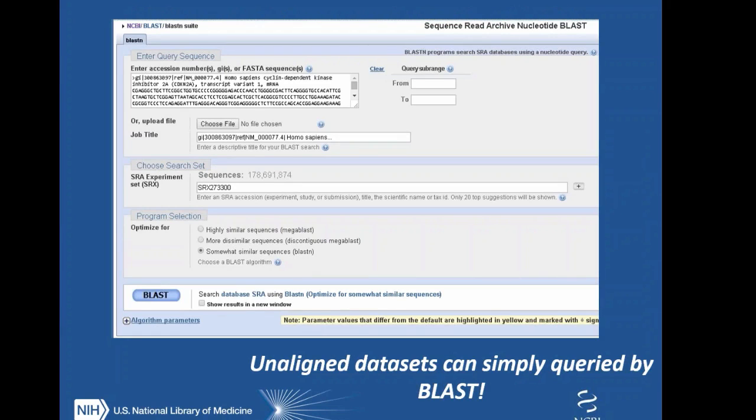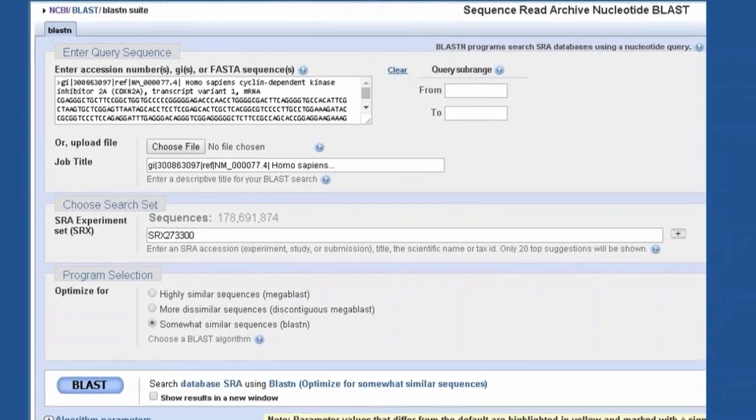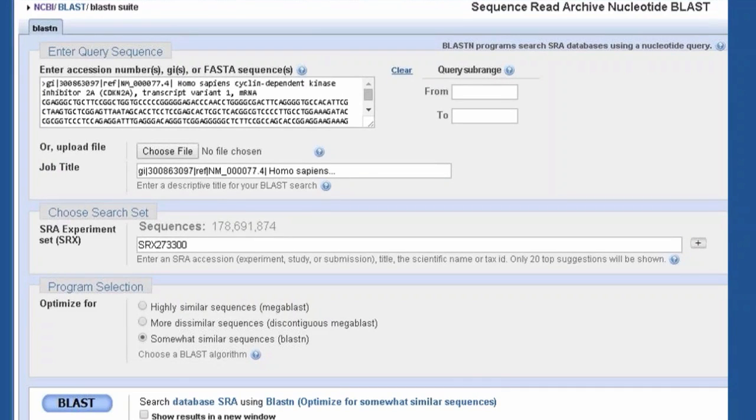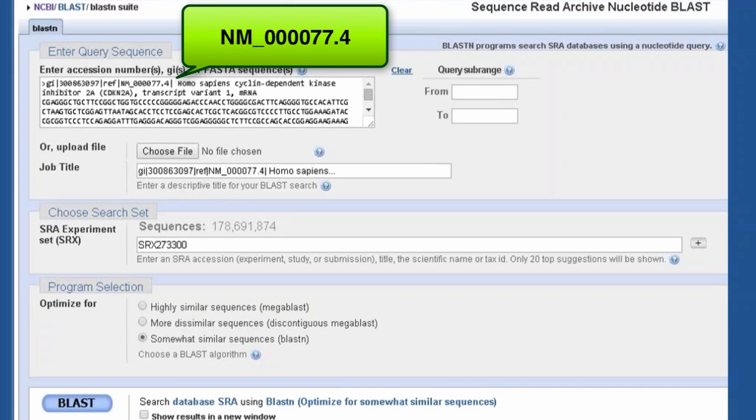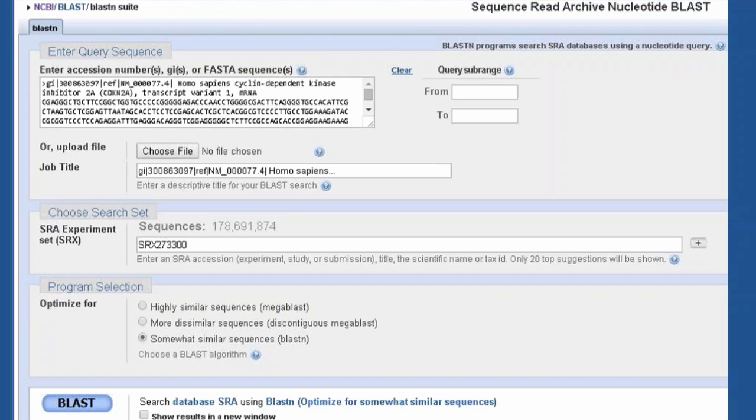I have sent one such SRA experiment to BLAST, and here I'm blasting in that Peter Cooper talked about several times in the beginning of this presentation, namely NM_000077.4. One thing I did before blasting this in to the SRA was that I removed the poly A tail